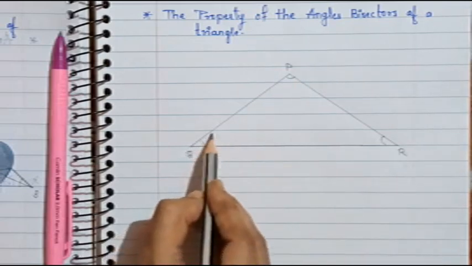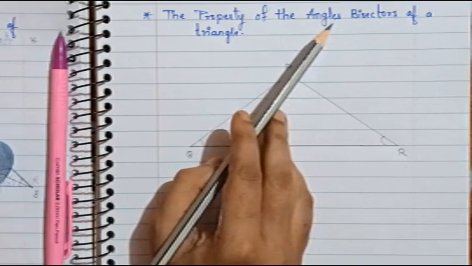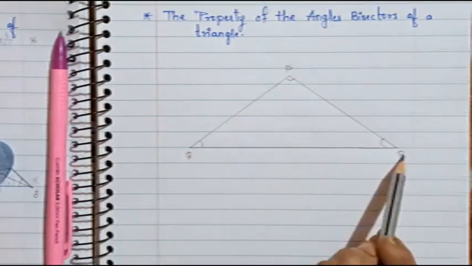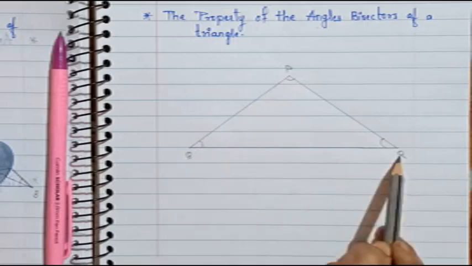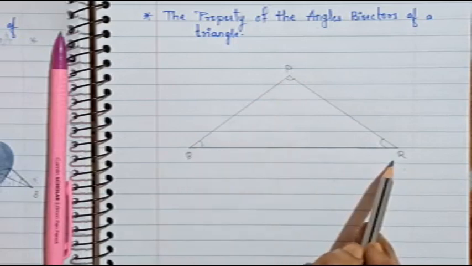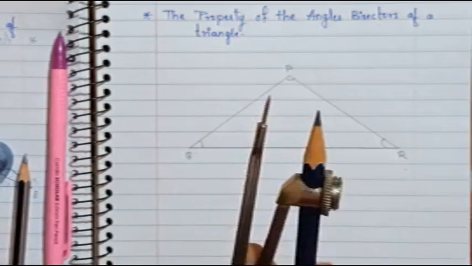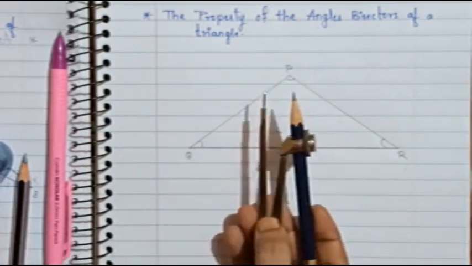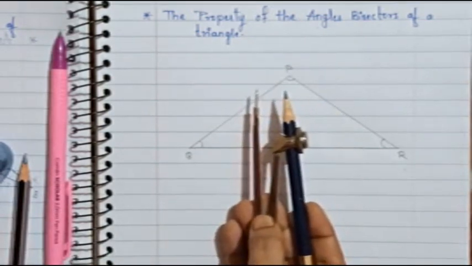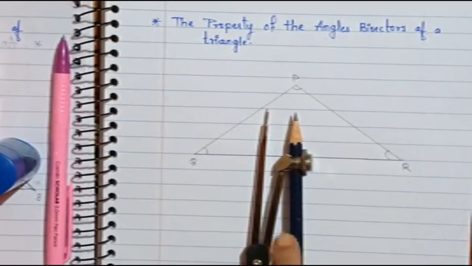Now you are supposed to bisect each angle. पहले हम लोगों ने एंगल्स बाइसेक्टर में क्या देखा, that we used to bisect only one angle. Now in a triangle there are three angles, so you are supposed to bisect all these three angles. Is that clear? Now to bisect this angle, you are going to use a compass. Now students, you are going to use the rounder, or you can say the compass, to bisect the angles.